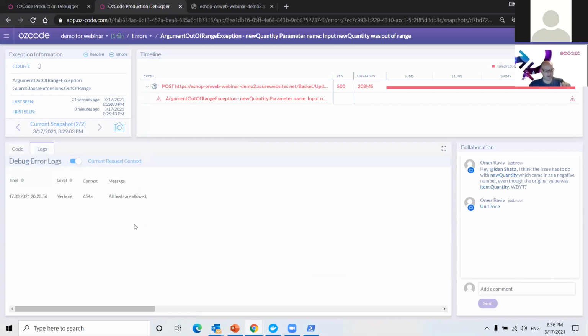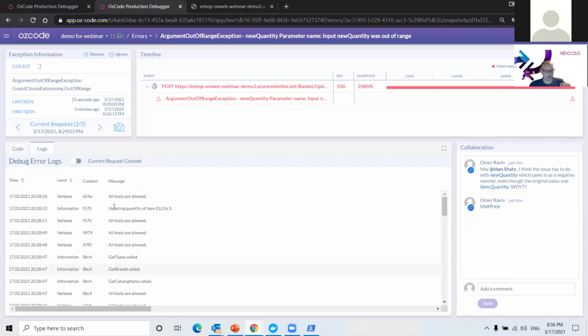And likewise, if I find a log entry that I think is really important, like I say, oh, here we're updating the quantity of item 2 to free, I can go ahead and create a point-in-time link for that. So point-in-time links come in two variations for easy collaboration. I can mention this variable, as you saw, and then that will mention it inside the collaboration panel here. But I can also just copy this link. So Production Debugger supports this notion of deep linking.